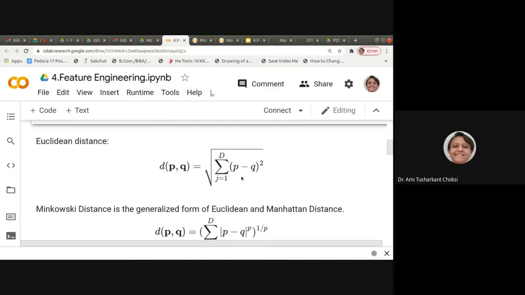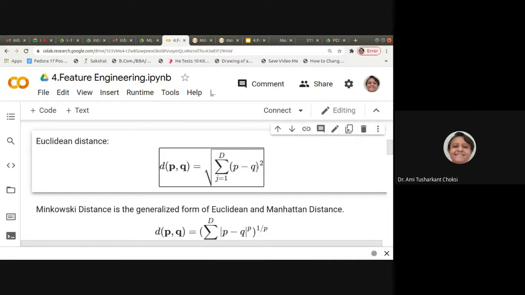And if we say pj minus qj, that means whatever the coordinates are. p may have x and y coordinates, or xyz coordinates, or if it is a feature, then you may have a number of i's, number of j's, so that also you can consider. No issue for that. The equation is (p minus q) whole square, take the summation of it, take the square root of it. This is the Euclidean distance. It is known to us, isn't it?